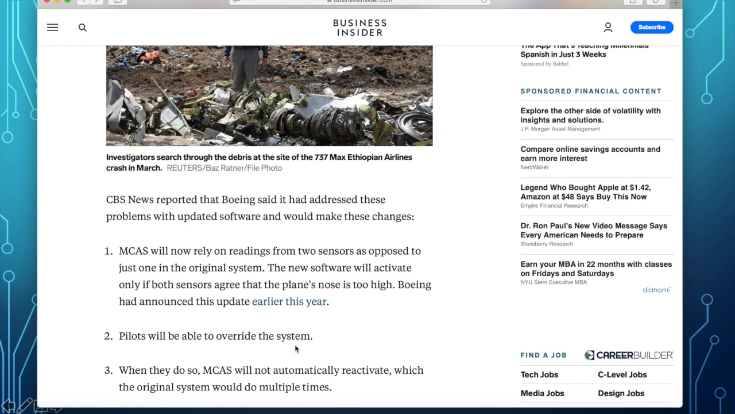The problem with the previous software was that it kept the airplane going down. The nose is pulled down, and in spite of the efforts of the pilot to pull it up, the airplane kept going down, until of course it crashed. So this time pilots will override the system,